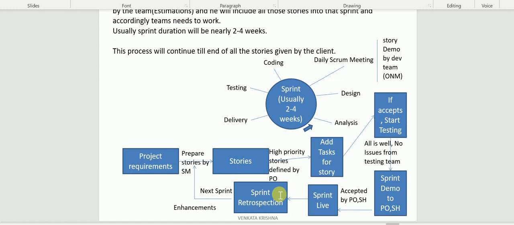Okay. Once sprint retrospection is completed, we are going to start with the next sprint. Again the same procedure: stories prioritized by the PO, add tasks, and we will develop our test scenarios and test cases. Again the development team will give the demo, and it goes on like this for the number of sprints until the release